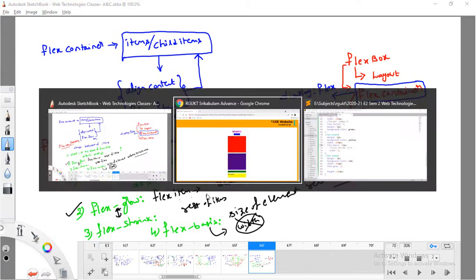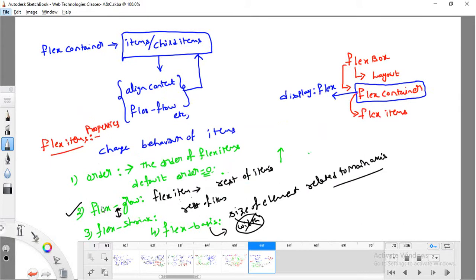Fine. Instead of using these three properties separately, I can combine them with the help of a single property called flex. The first one is flex grow, the second is flex shrink, and the third is flex basis.